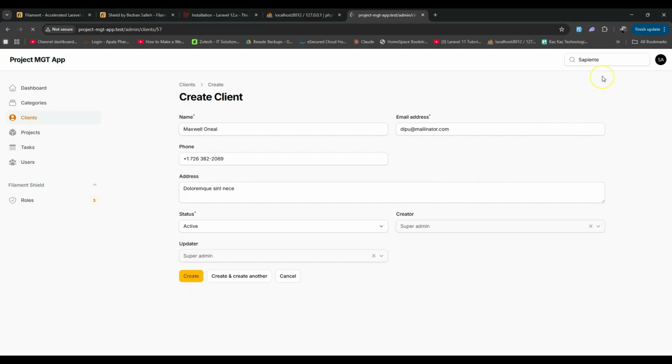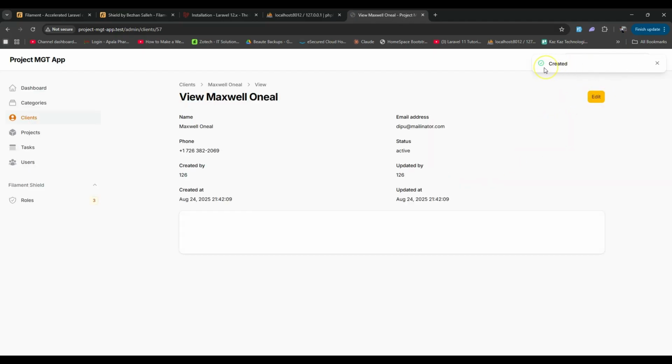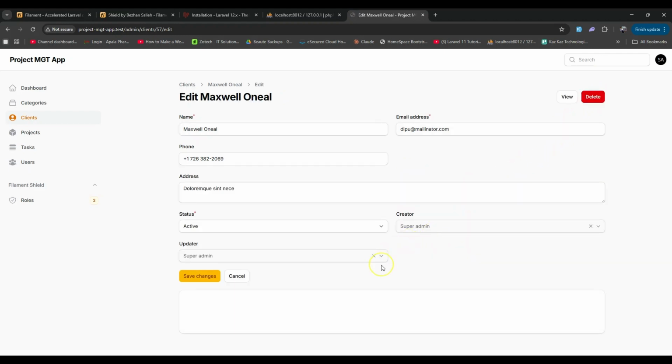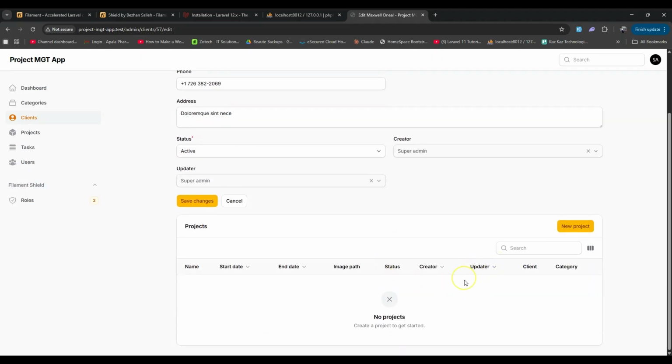So you can see it gives us the notification that this has been created successfully, and here we are on the view page of the client that we have created. But this is a new client, so that's why you don't see any related projects. If you navigate to edit, now you should be able to see the related data for that client. But from here you can create a new project that will be related to this particular client. So if you click on new project,